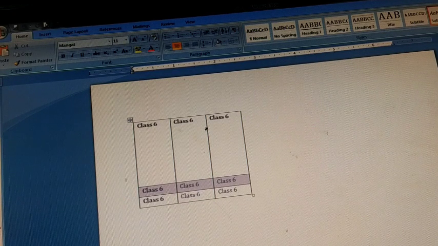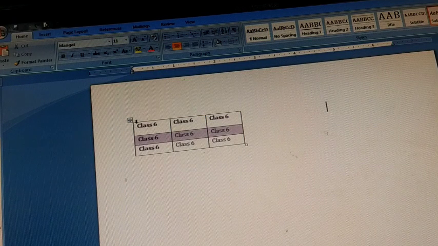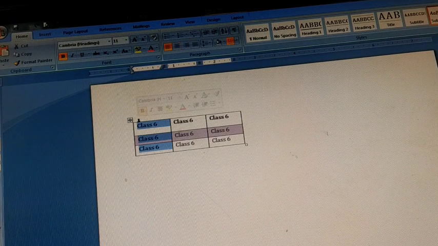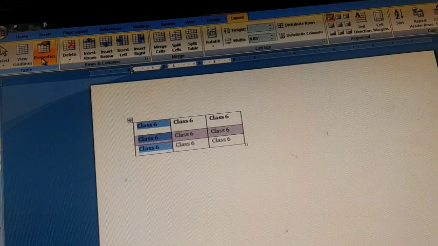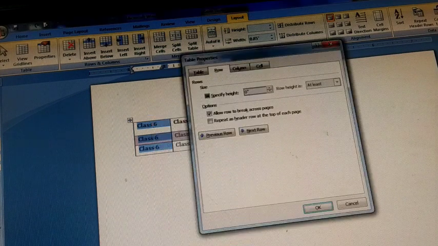You can see the height of the very first row has increased as per my desired points that I have given over here. Next, if I want to change the width of the column, it can be changed the same way by selecting that particular column, and you can either go to the Layout tab and Properties, or you can directly right click and you will get the Table Properties option.